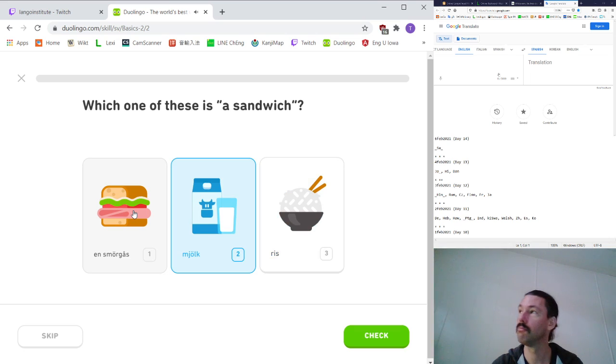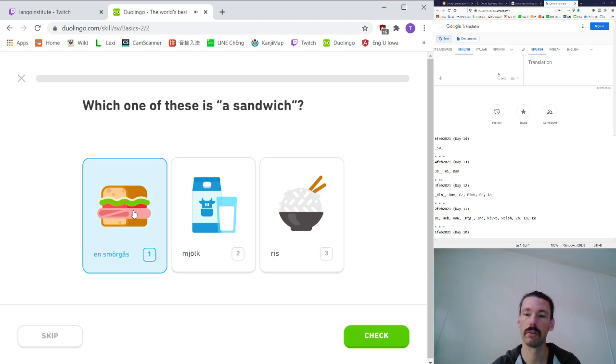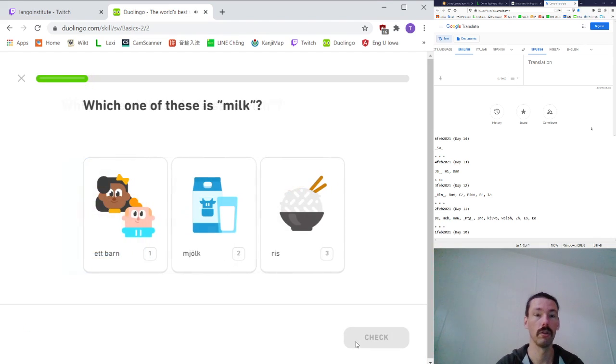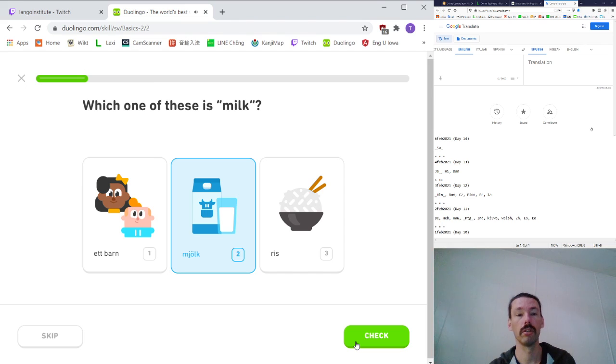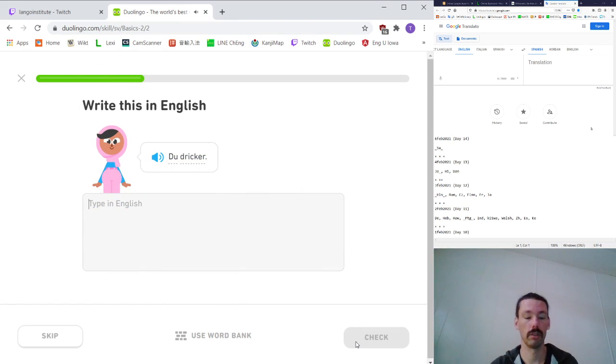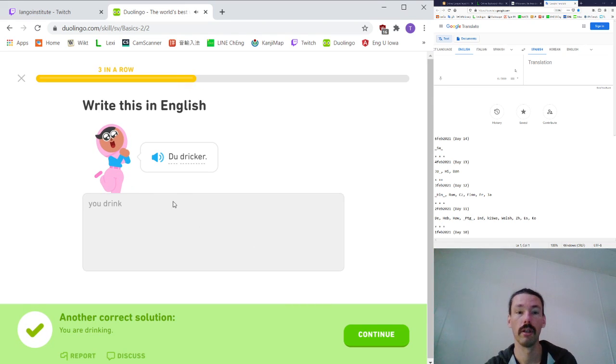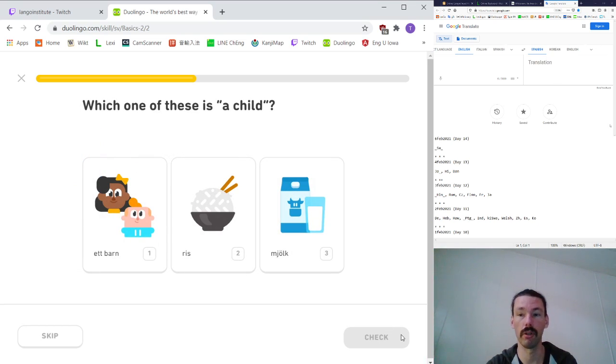Ris. Mjölk. En smörgås. Smörgås. The two falling tones. Mjölk. Du dricker. You drink. So one nice thing about Swedish is that the verb dricker